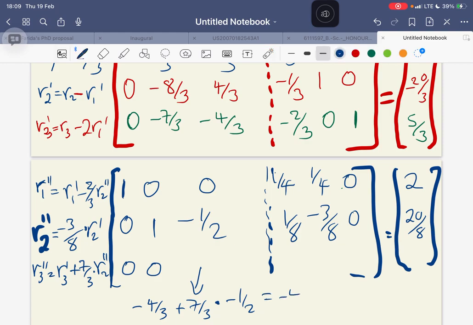We can easily see we have minus 4 over 3. This times this is going to be minus 7 over 6. So this will give us LCM 6, so it's going to be minus 8 minus 7 over 3 times 8. So this is minus 15 over 3 times 8, which is now going to be minus